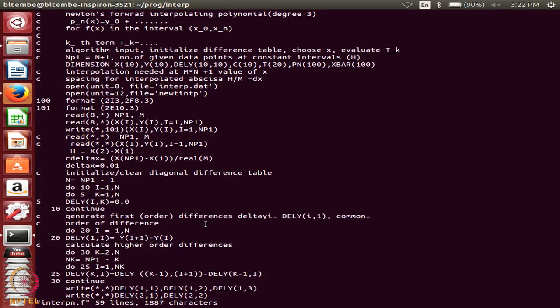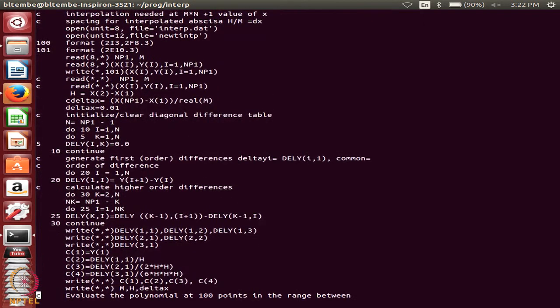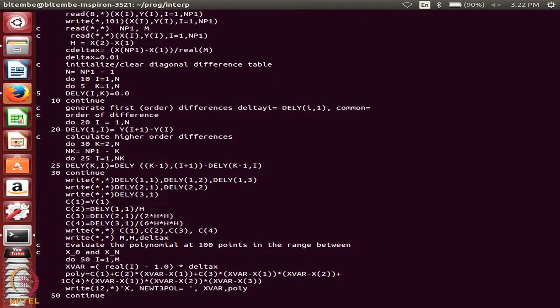There are higher order differences. Okay. So, what are those? Second order and third order differences. How will I calculate them now? Look at this do loop. Since the first order differences have already been calculated, the first variable in del y cannot be 1 anymore. So, now I need to calculate the second and third order. So, my do loop will be do 30 k going from 2 to n.